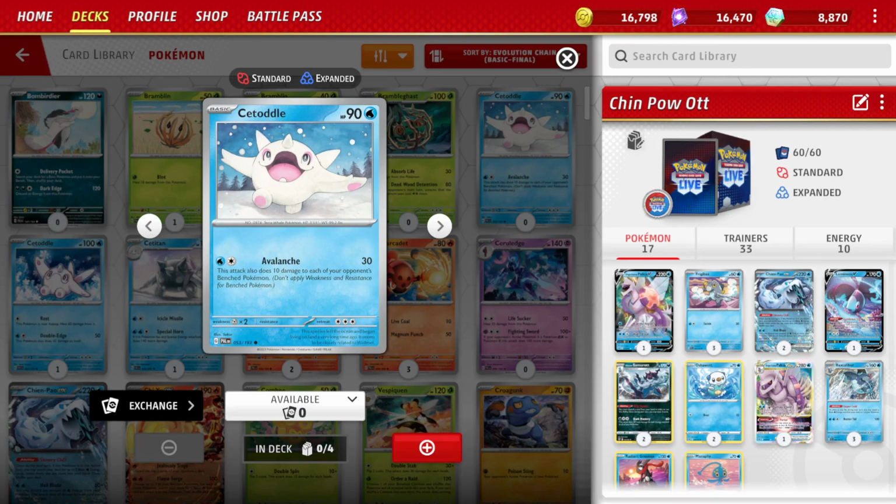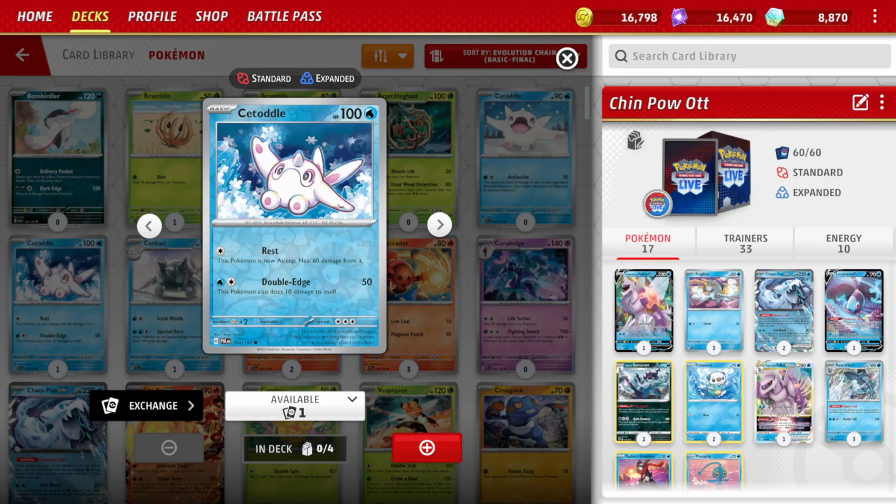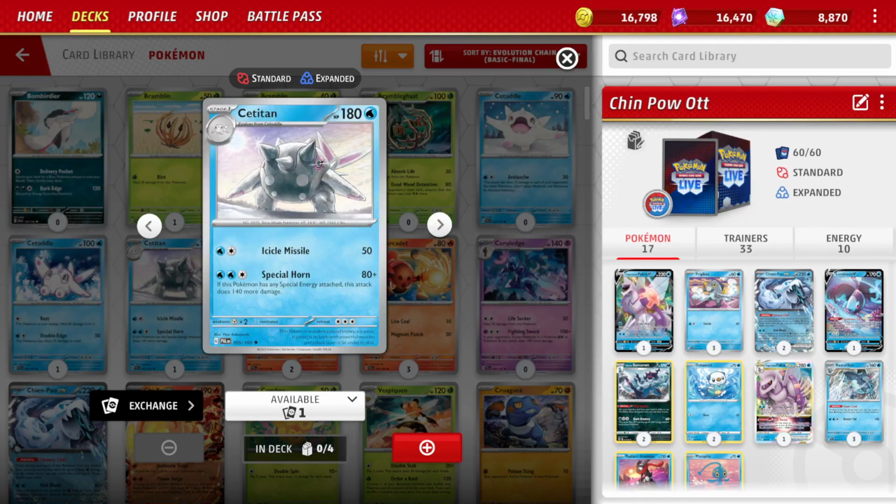Honestly, this one here doing 30 and 10 to each of your opponent's bench isn't bad by any means. And this one also heals. This is pretty solid for an evolving basic, but then this Titan here does 80, but if it has special energy, it does 140 more, so 220. That's honestly super good. I think this Titan will see play